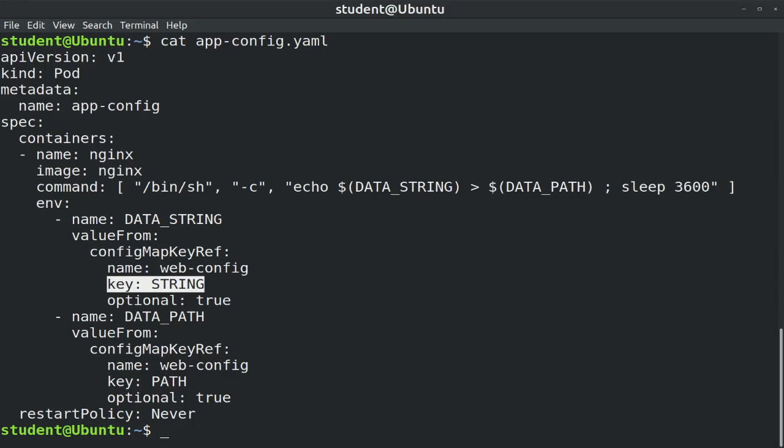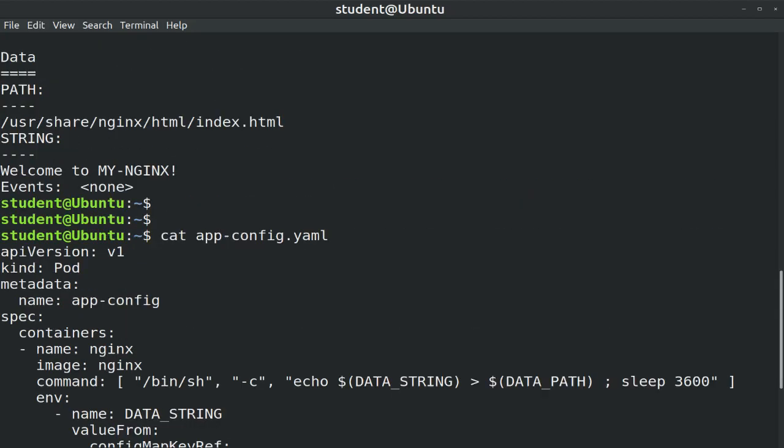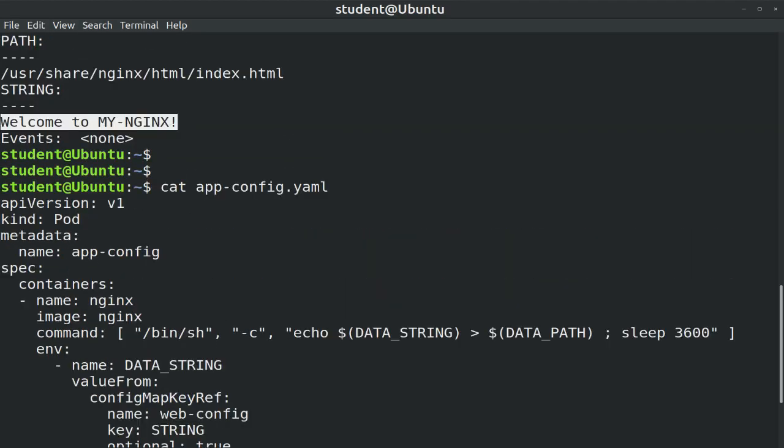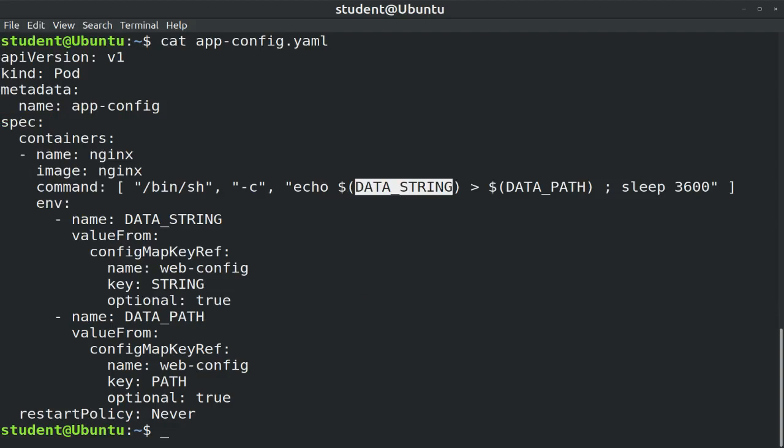And the data string will get the value associated with string, which was welcome to my Nginx. So I am echoing welcome to my Nginx into a data path environment variable,